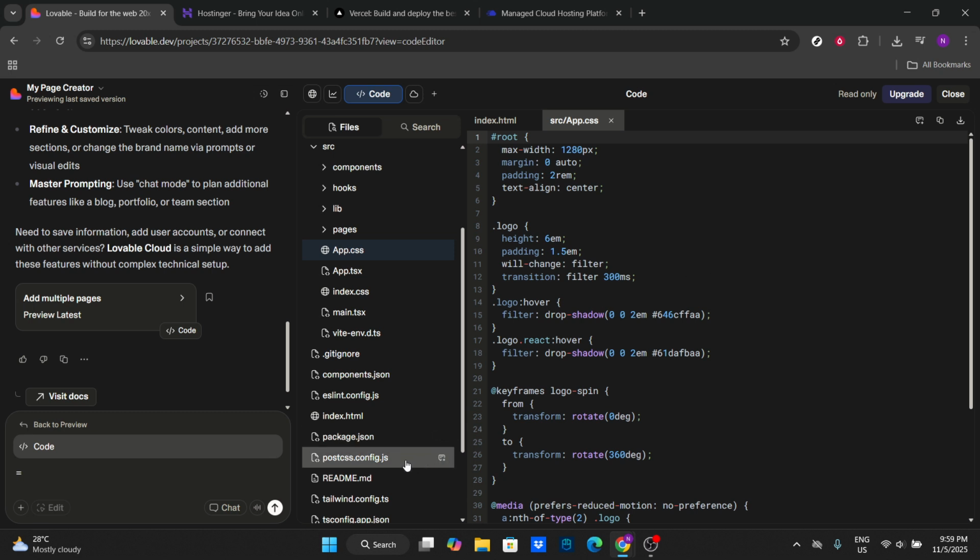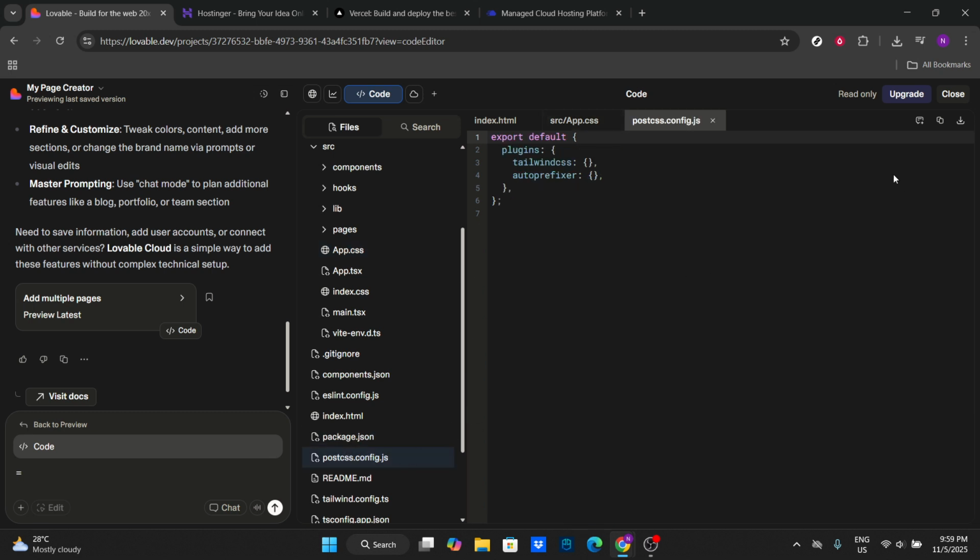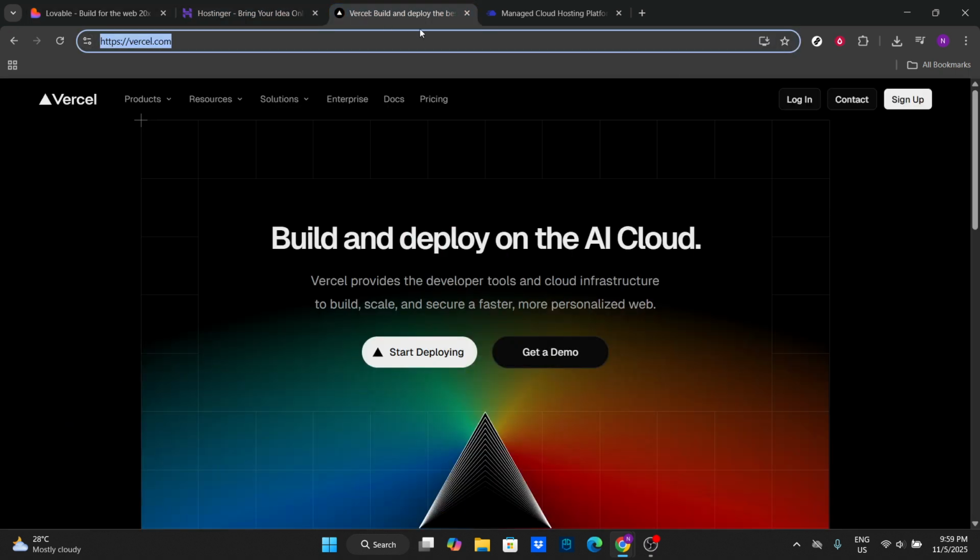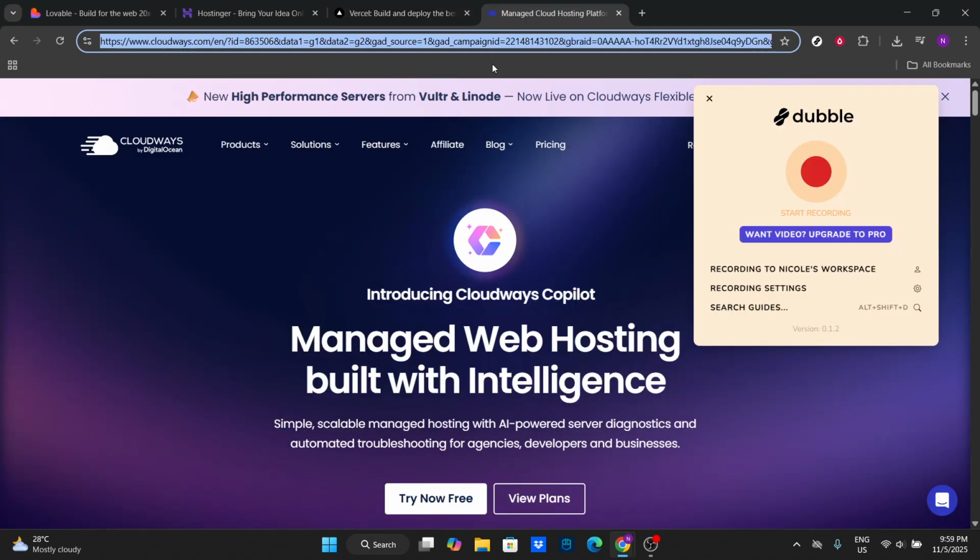projects later on. Once you have your static website downloaded, you can upload it to almost any hosting provider. Popular options you might consider include Hostinger, Vercel, and Cloudways. These platforms offer robust tools for hosting your static site with minimal setup hassle. Whether you're looking for scalability, ease of use, or performance optimization, each platform offers unique advantages to fit your specific